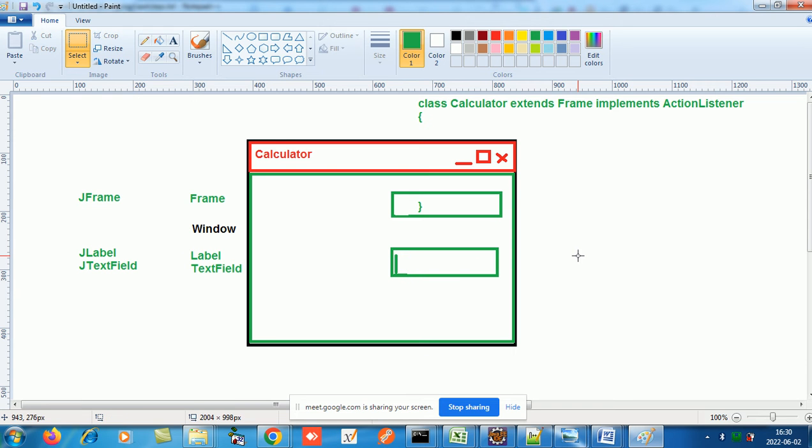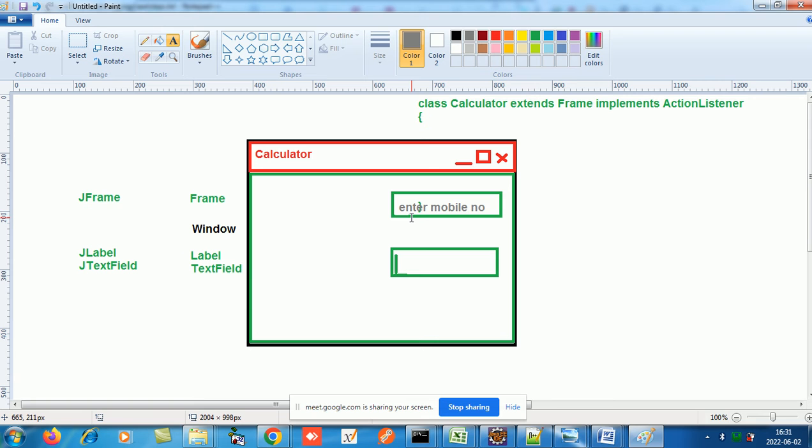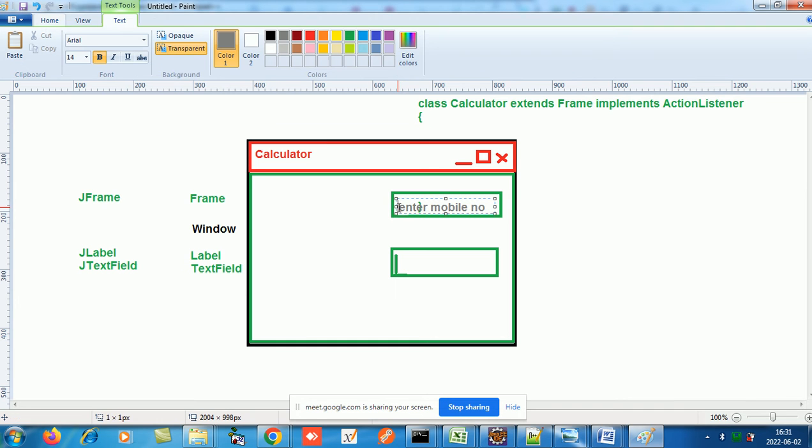So you see on the internet, like in a text box, it is written in a gray color font. Enter mobile number. It's written in gray color. And when you click on that, it vanishes. Yes. So what logic do you think they have applied over there? Focus gained. As soon as you click, it goes away, right? So as soon as the text box has gained focus,